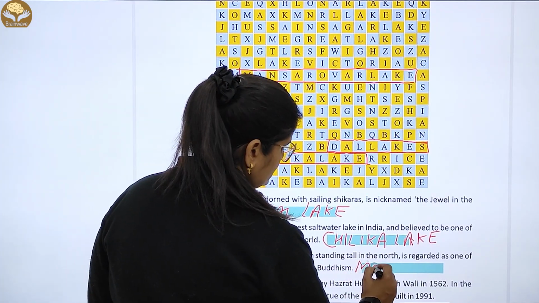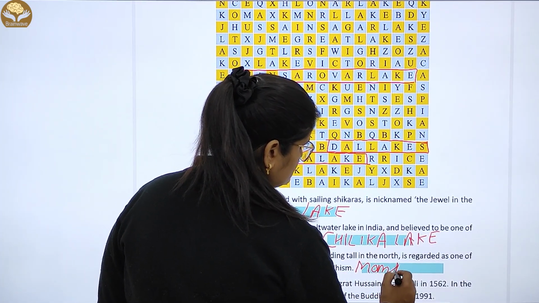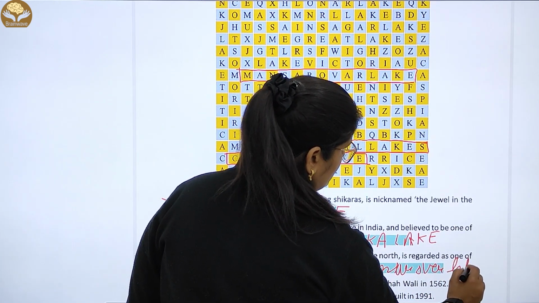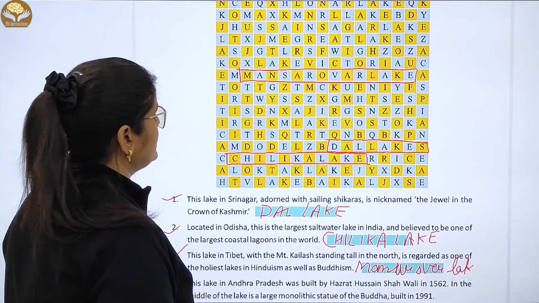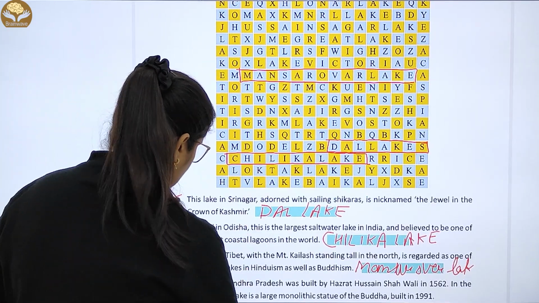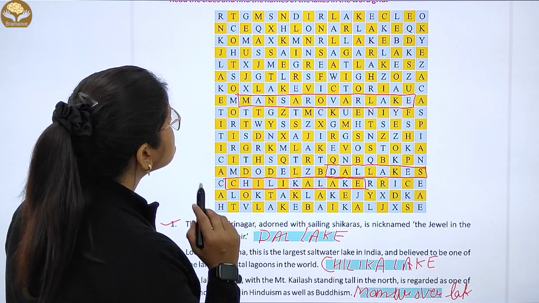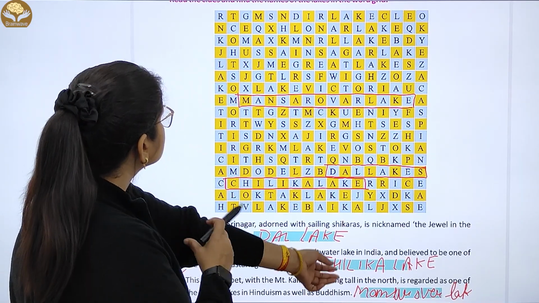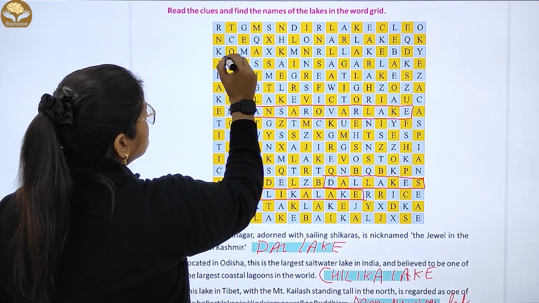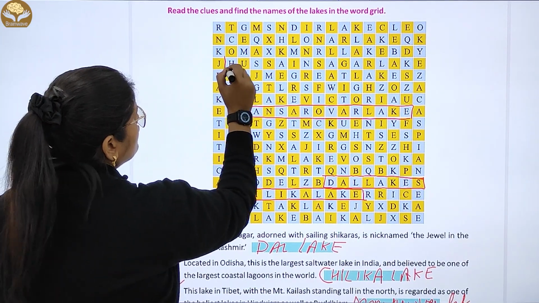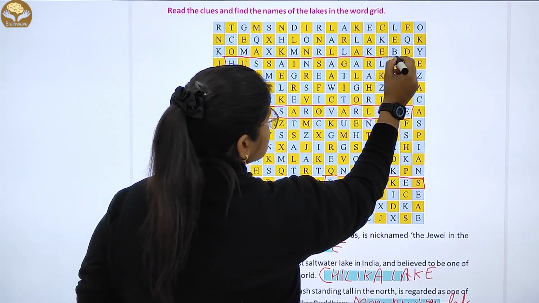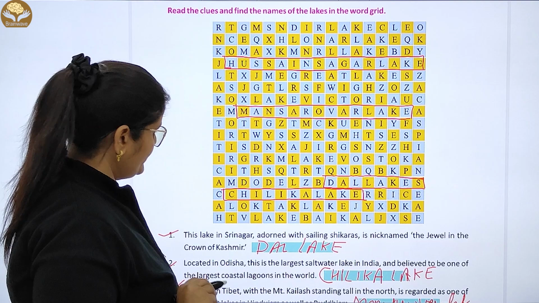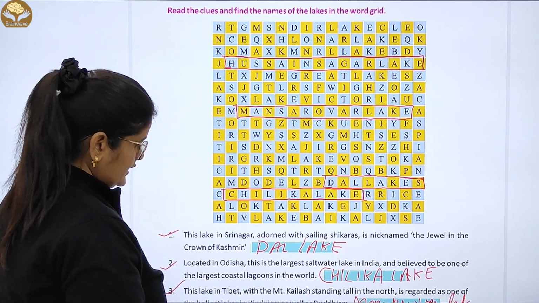यहाँ पे अभी हम थर्ड वाली फिल कर देते हैं, मानसरोवर लेक. अब यहाँ पे आ जाएगी हुसैन सागर लेक. Now search here. Hussain Sagar Lake. Where is this one? Hussain Sagar Lake. Okay. Now, number 5